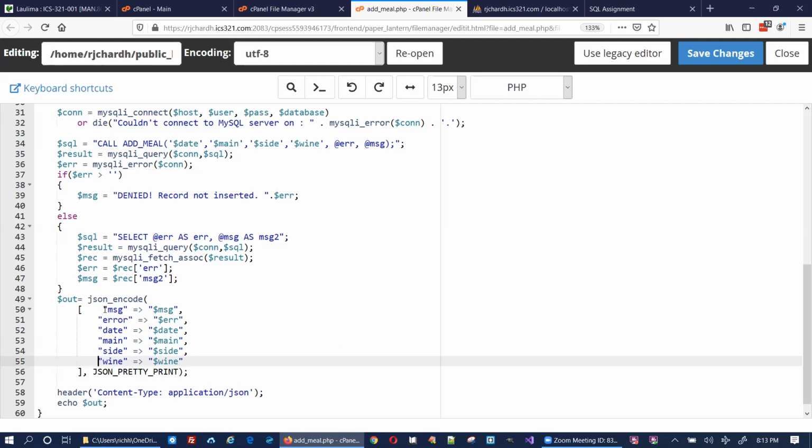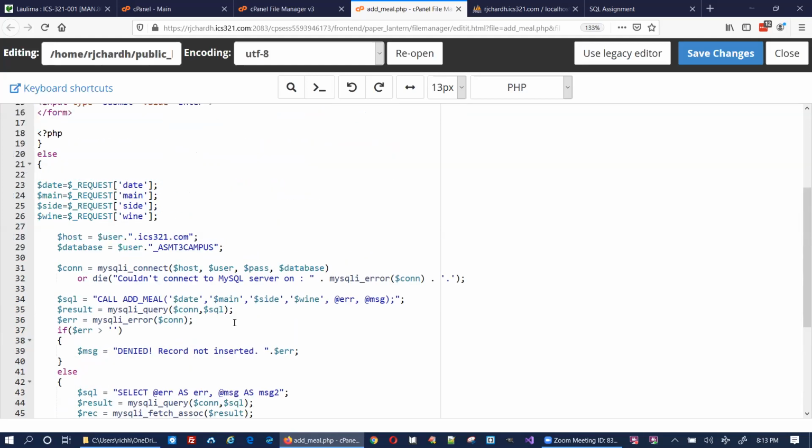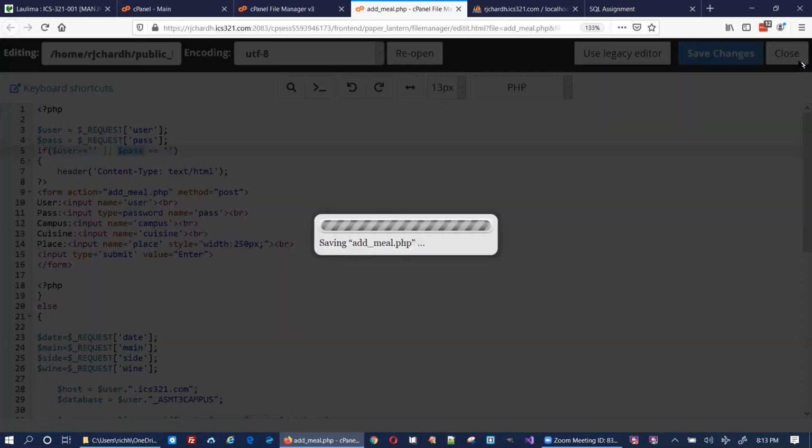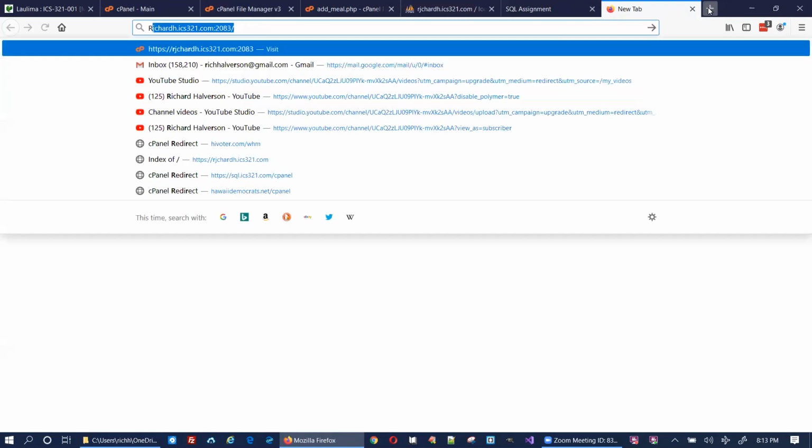All right, so that should work. Now, you recall that when this thing runs, if the username and the password are not entered, then it knows that it's just running this page without anything. In fact, to show what I'm going to do, I'm going to run this page. Let me go to my web page,